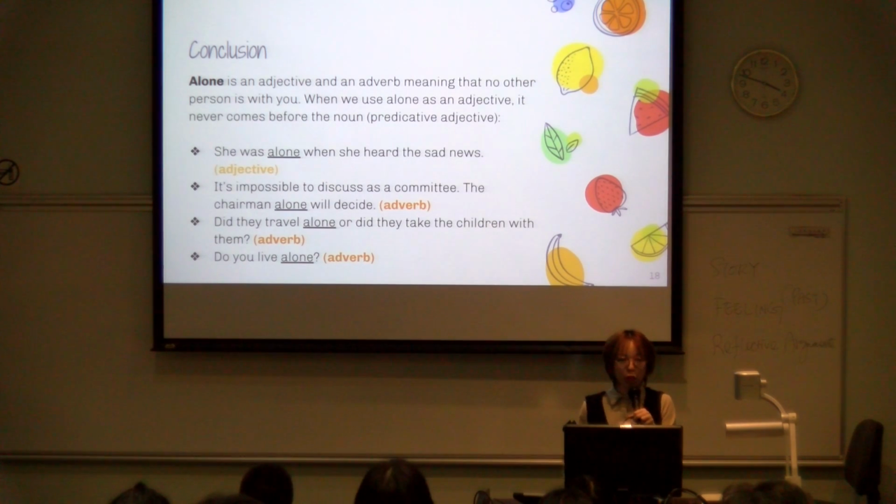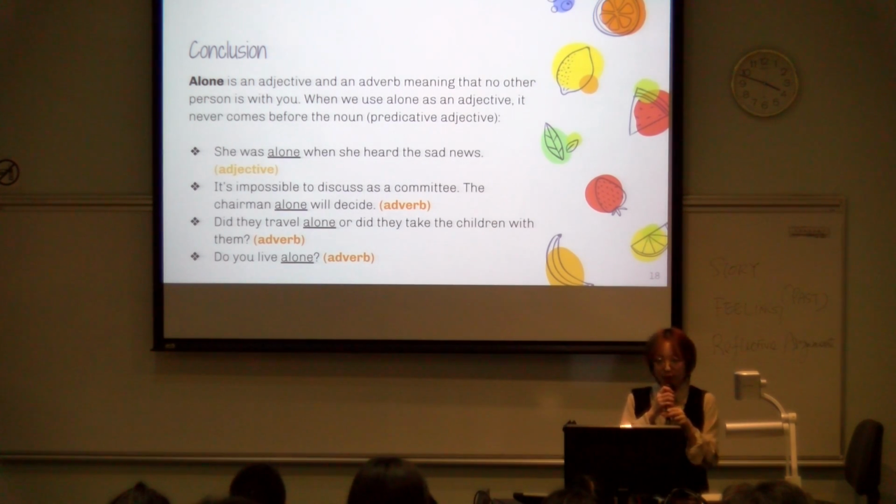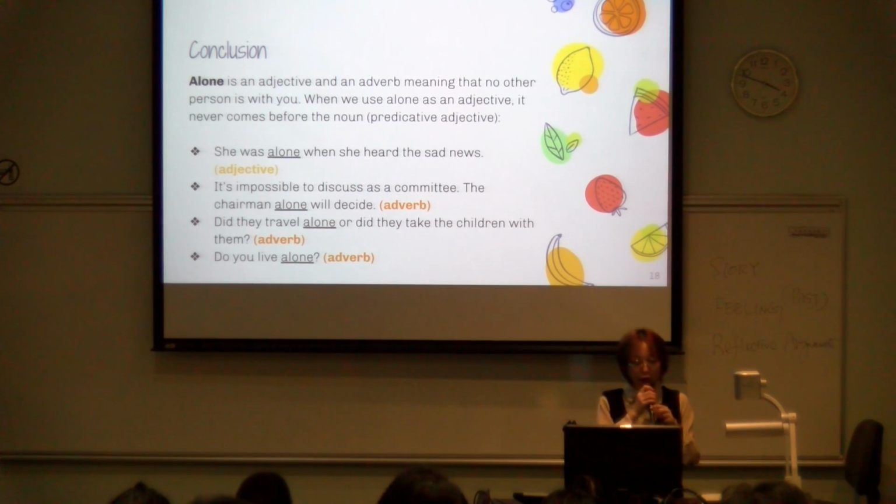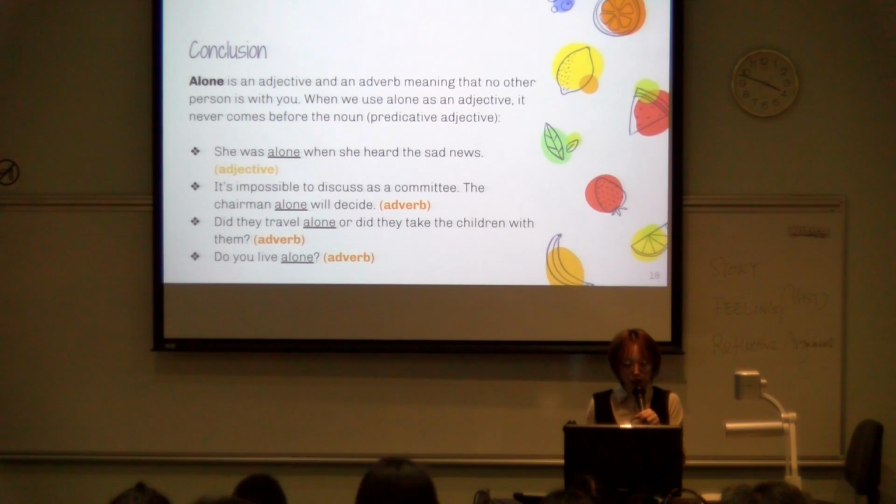We as teachers might need to clarify the English meanings of alone and lonely here. And we also provide some simple sentences, but with different grammar usage here. Just like flexible usage, alone can be used as an adjective or adverb.